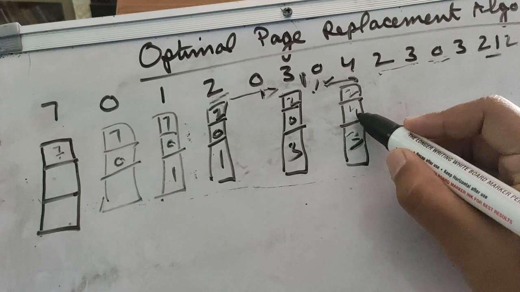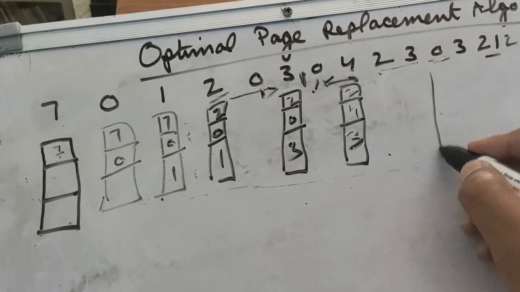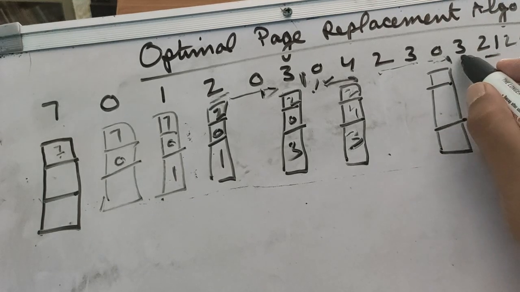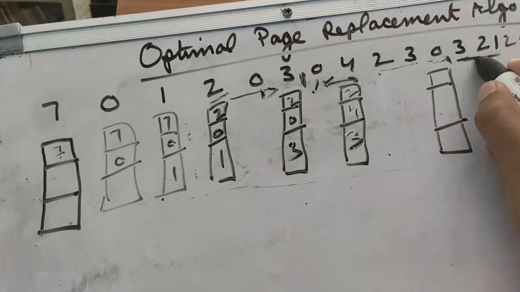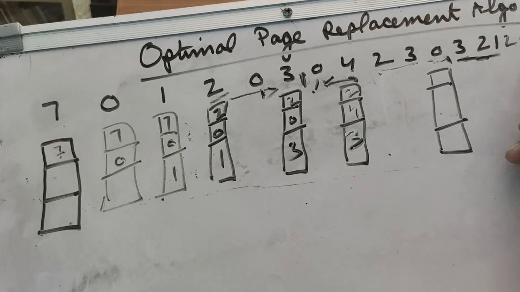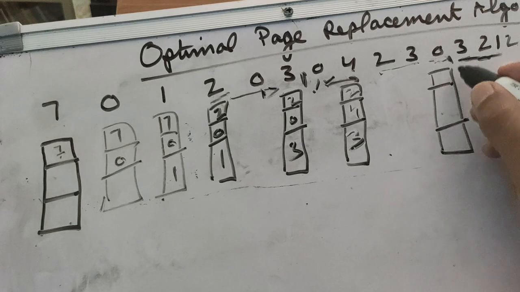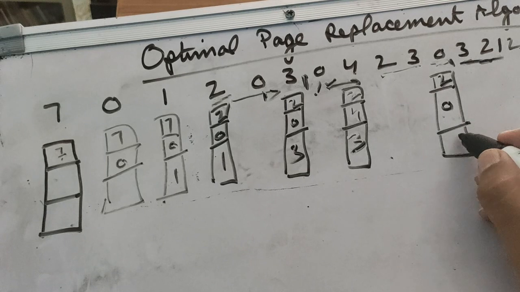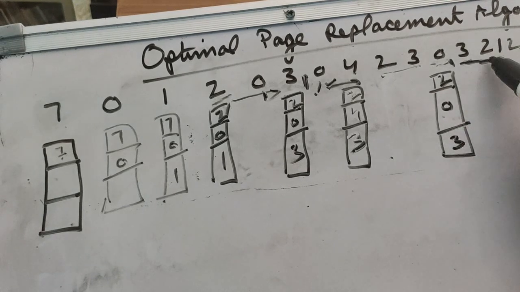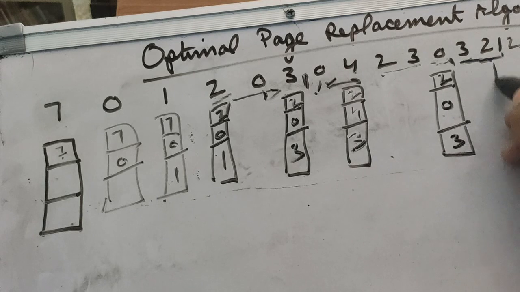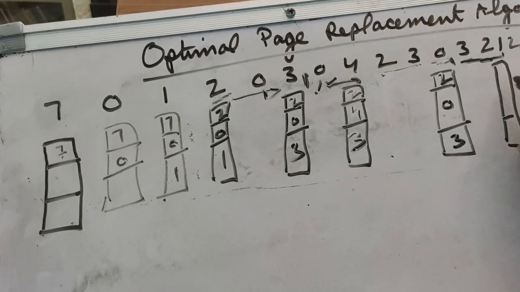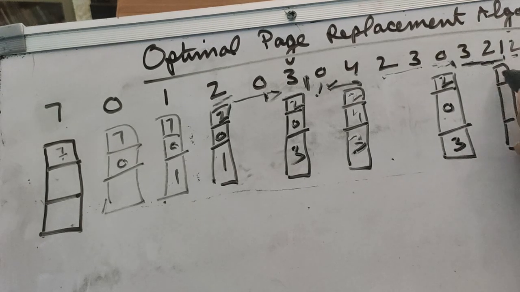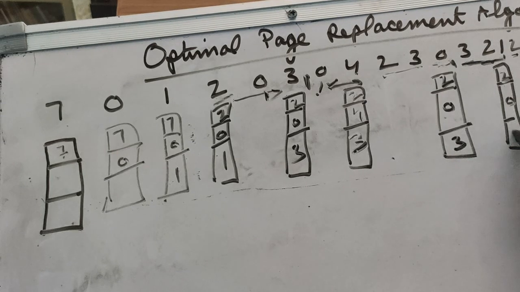In the next case, 2 is already over here, 3 is already over here. Then we are supposed to check for 0. From 0 check out, 3 is used over here, 2 is used over here, 4 won't be used anyway. So we'll be replacing this 4 with 0. 3 is already over here, 2 is already over here, then comes 1. From 1 we're supposed to check what is to be replaced. 2 is used over here, 0 is used over here. So last we're left with 3. So replace it with 1.